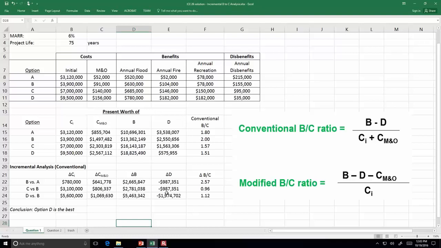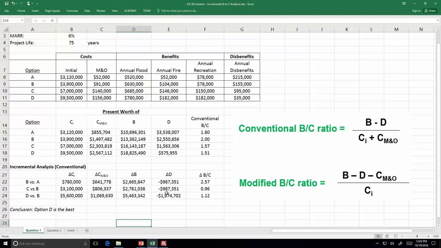And so the interpretation of B versus A is you're just looking at how much more expensive B is compared to A, and how much more benefits there are, what the differences in disbenefits are, and so on. So you calculate the change between the two alternatives, and then you put the change of each of these categories into the conventional B to C ratio formula. And so this 2.57, the interpretation of that is that for every additional dollar of cost for project B, because it is more expensive,